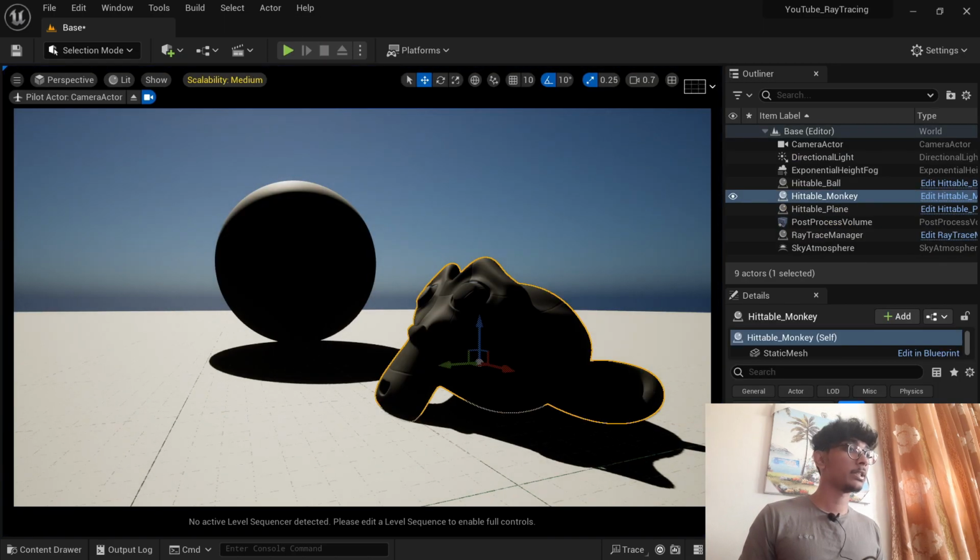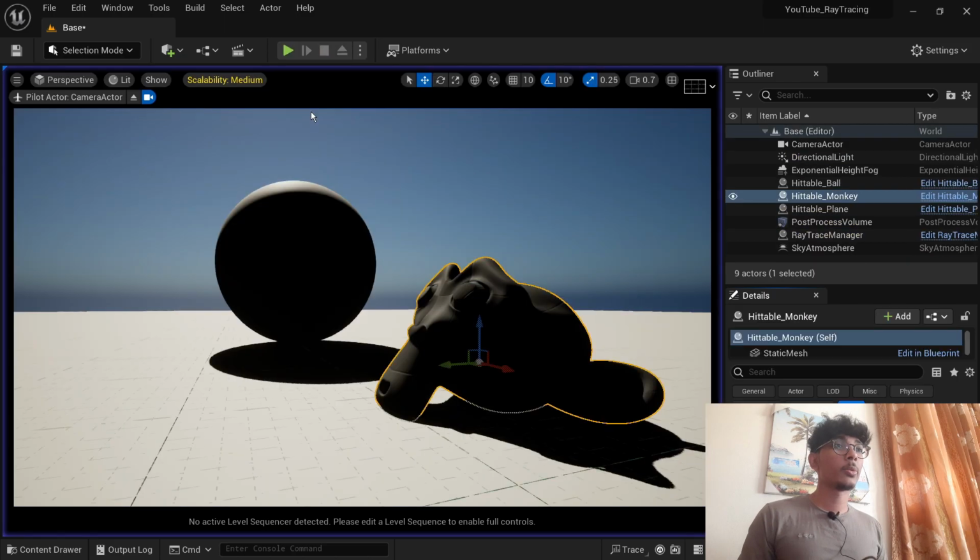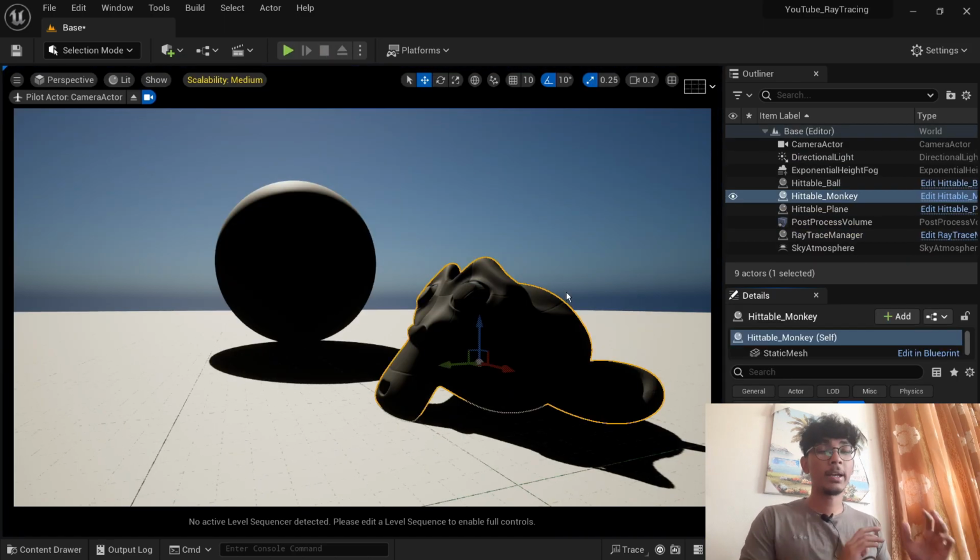I can actually change the monkey to be a metal as well. So turn that on. And now we can see the monkey being a highly reflective metal head, right? So one more thing you might ask is, okay, now we have metallic materials, how about rough